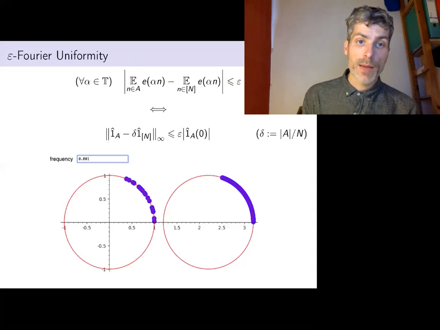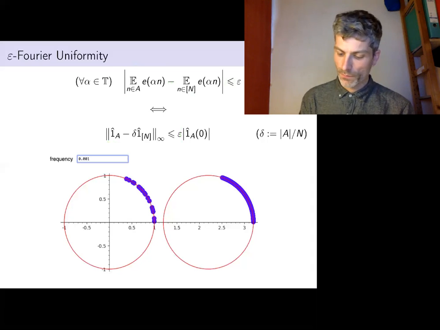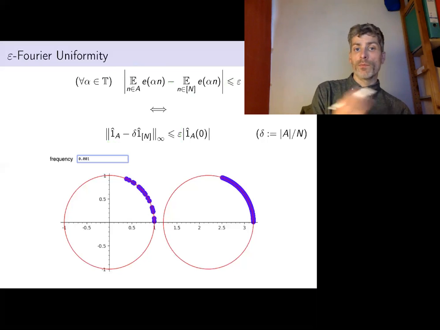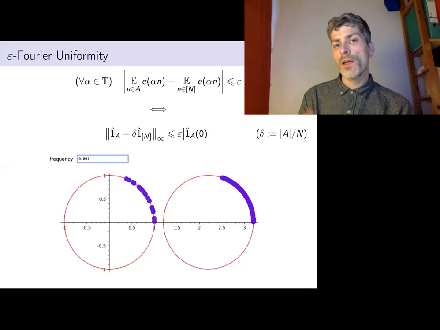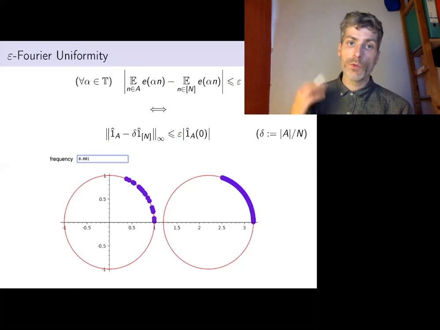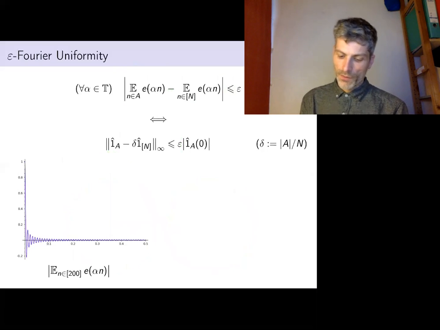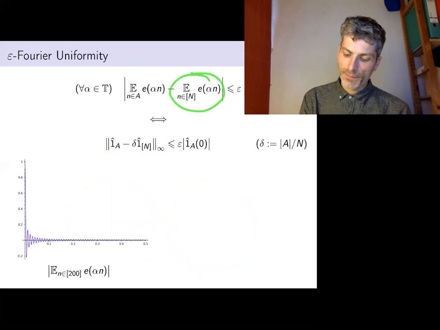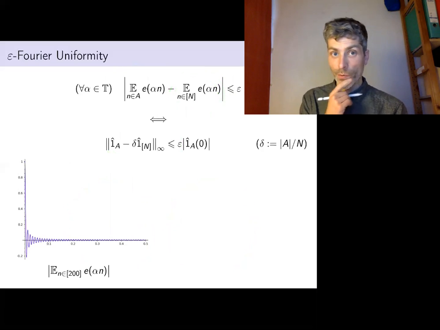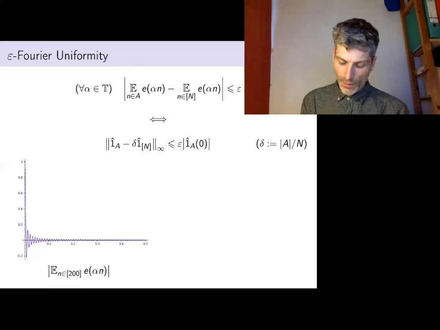So that's the definition of epsilon Fourier uniform. What I'm trying to suggest is that if you're epsilon Fourier uniform, you don't have any Bohr structure. Just a word on what this looks like: the Fourier transform of the interval. Here's a plot of it for the interval of length 200. And you can see that most of the time it's essentially 0,